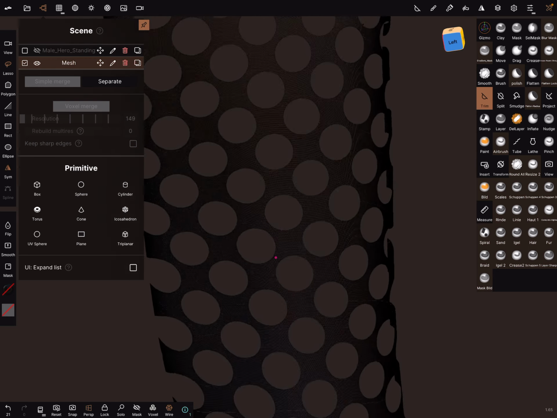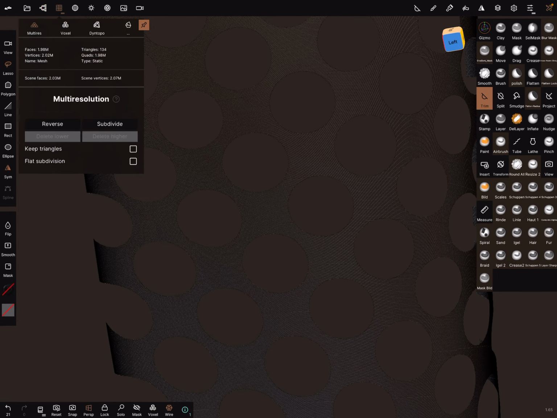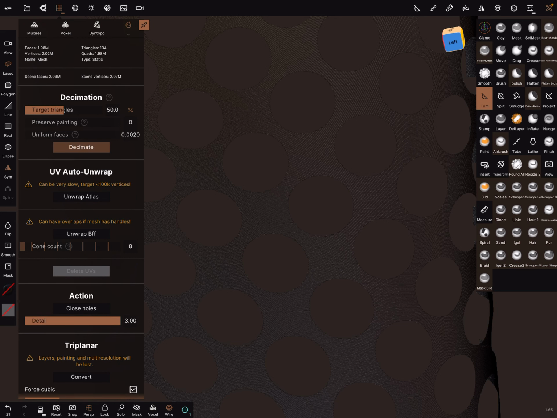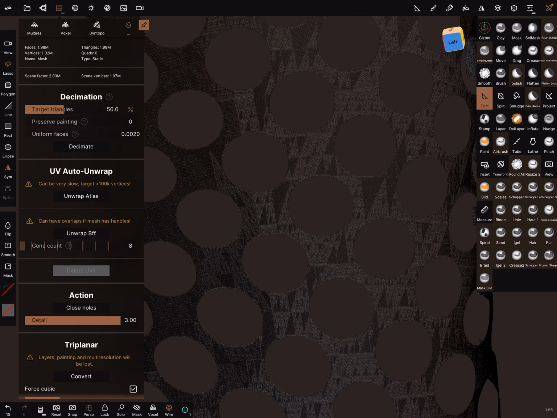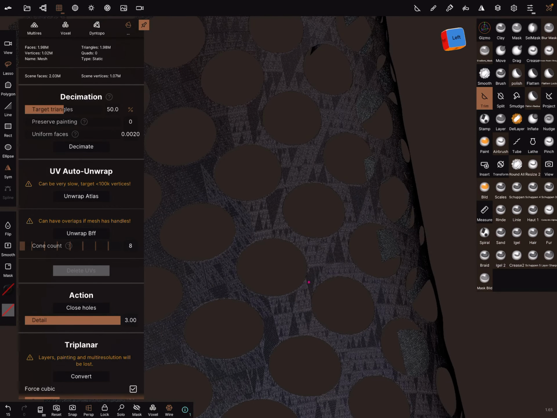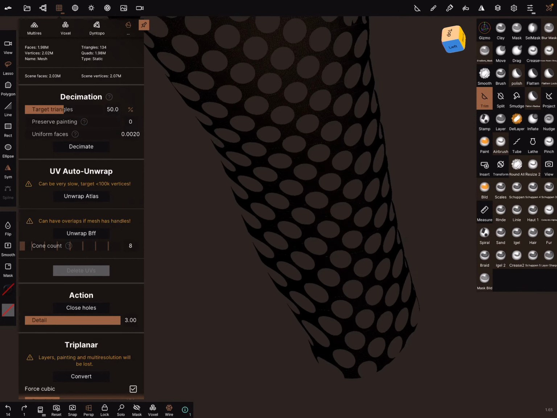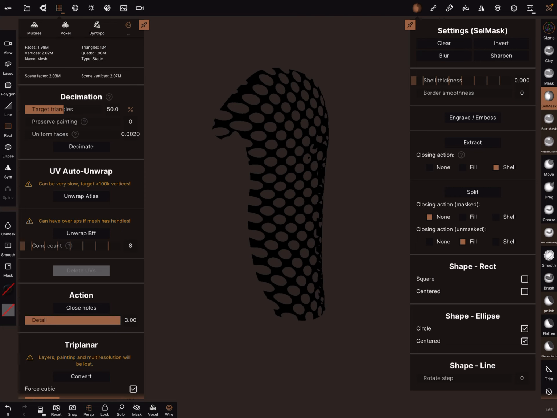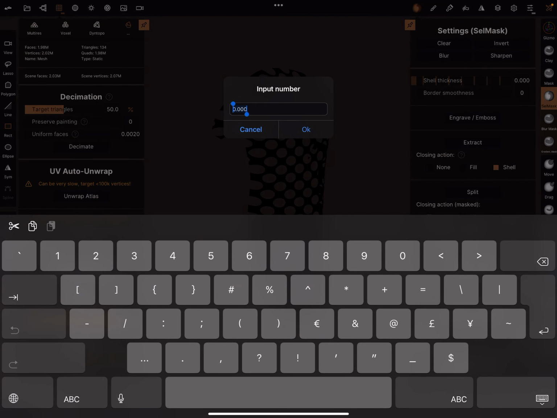Here's something to know. When you use the decimation function, it doesn't work on a flat surface really well. Go back and use a cell mask and mask this part and extract it with a shell thickness of 0.2 or so.